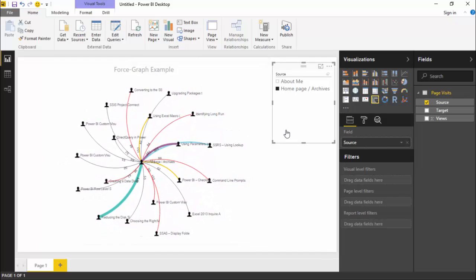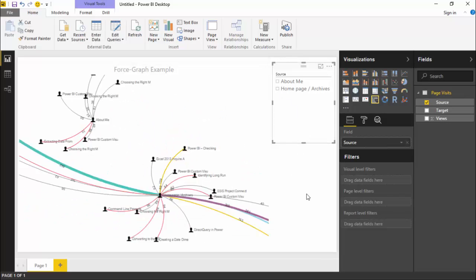So I recommend whenever you use the force graph, to also have some form of a filter to really filter down the data, especially when you have many different nodes that you're working with here. All right, so that is it